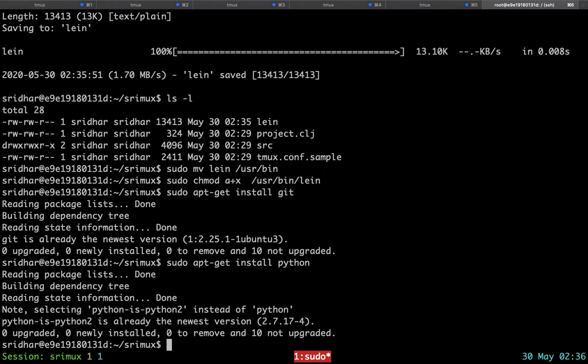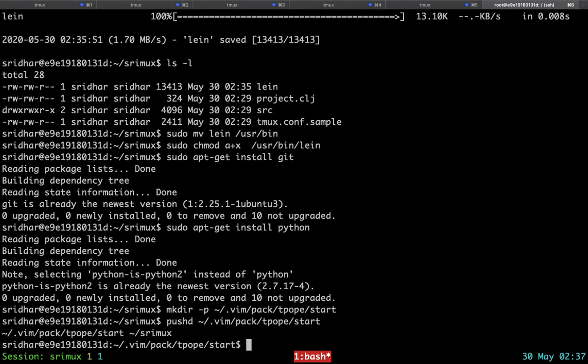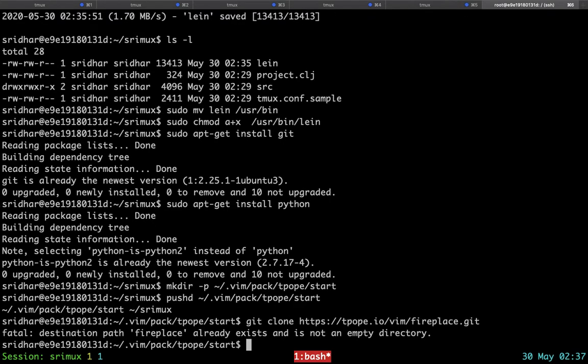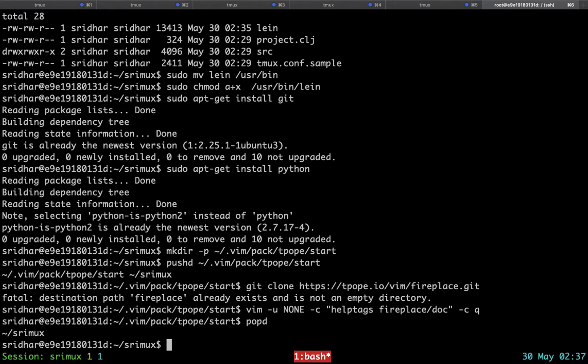So first would be to make a directory like this, and then cd into that, and then we clone the repo directly there. So it says I've already installed it, that's okay. This step basically sets up some nice help tags to get help from within Vim. So we are done with the Fireplace installation as well.